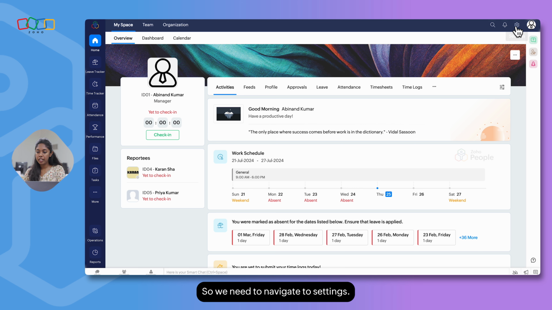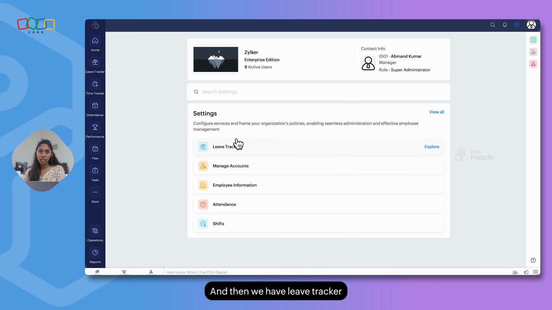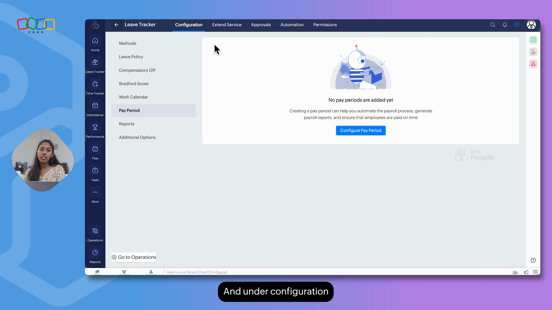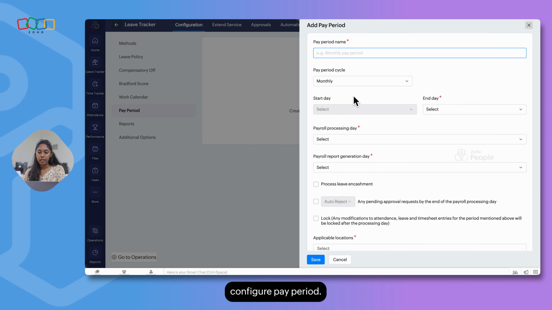So we need to navigate to settings, and then we have Leave Tracker, and under configuration we have the option Pay Period. Click on Configure Pay Period. So you can give a pay period name,